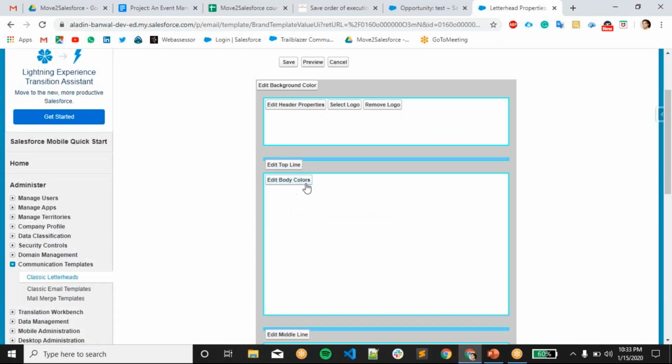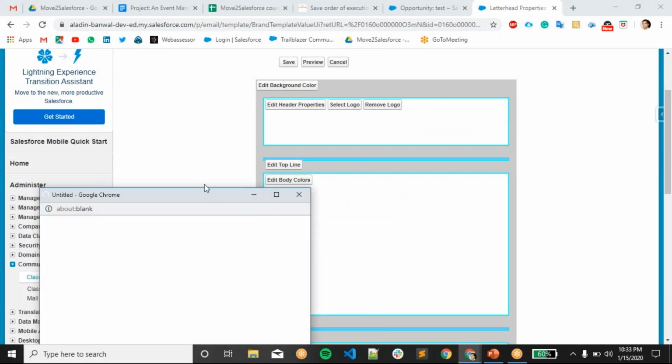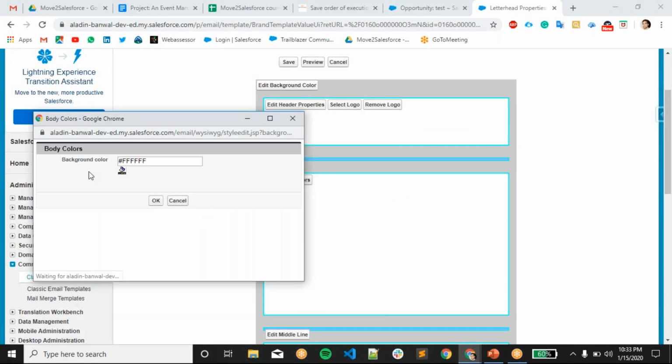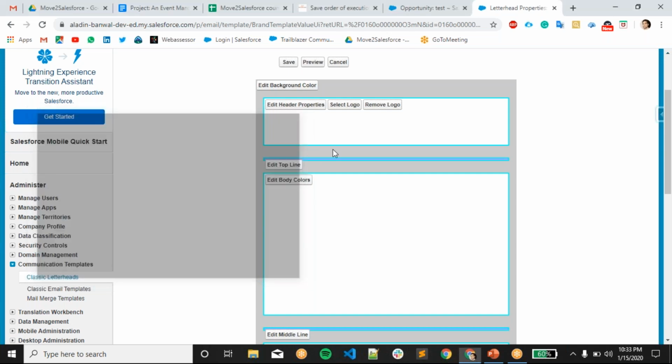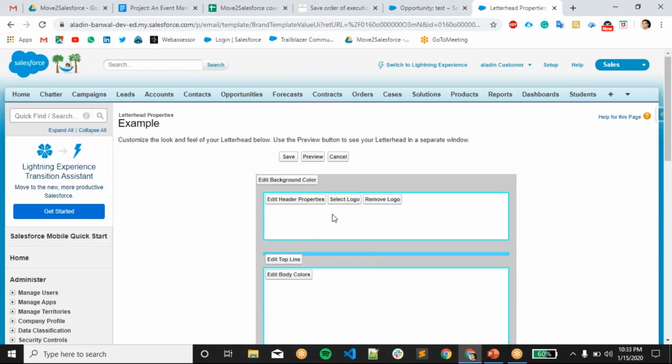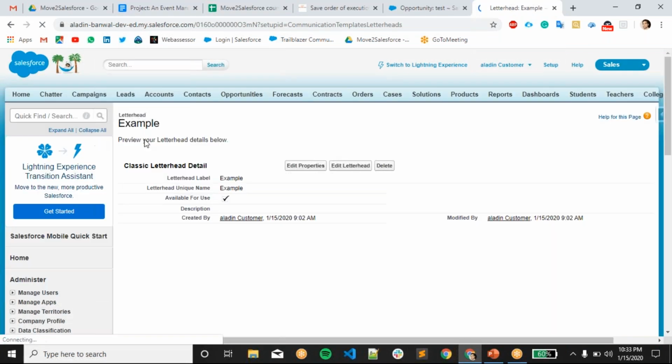Same like this, edit body color. You can select your body color as well, which you want. This will be the CSS color number. From here also you can select. So go and try to create a letterhead with your own design, whichever you would like to create. Try to create a letterhead and use that letterhead in your email template.